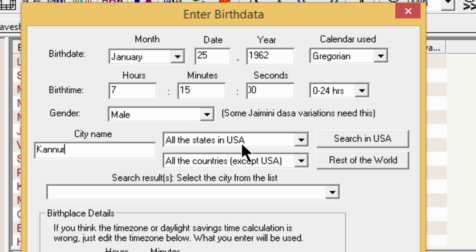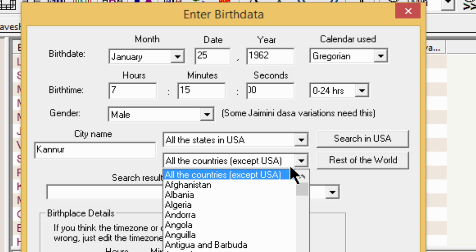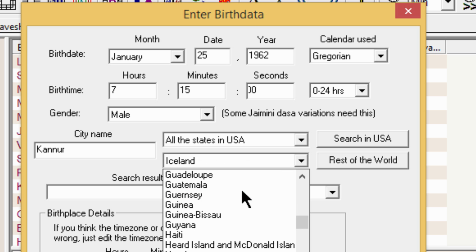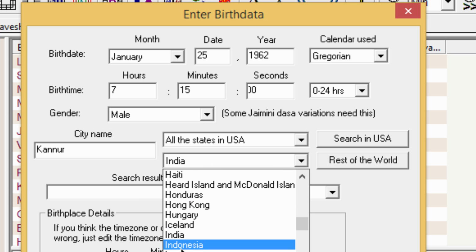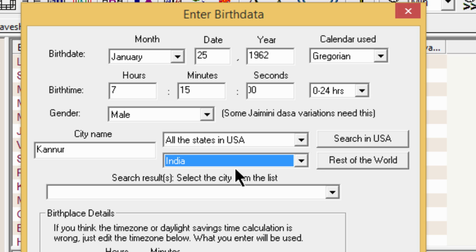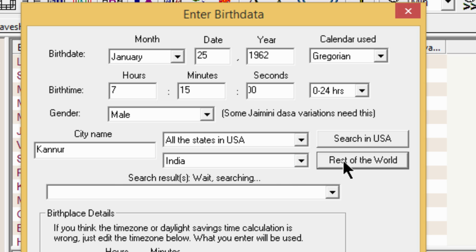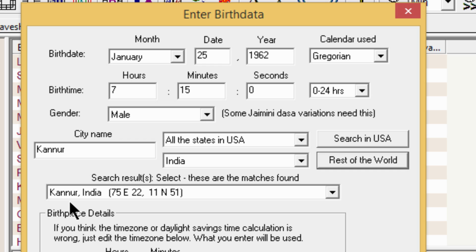It's not in the list of all states in USA, it is in India. So you select all the countries except USA. Here you click that and enter India. After you press India, you just press Rest of the World, and it will search for the place Kannur, and here it is. Kannur is at 75 degrees east and 11 degrees north. Before continuing any further, this is the most important aspect: until you press Rest of the World and make sure the place has been found by the software, you are not going to